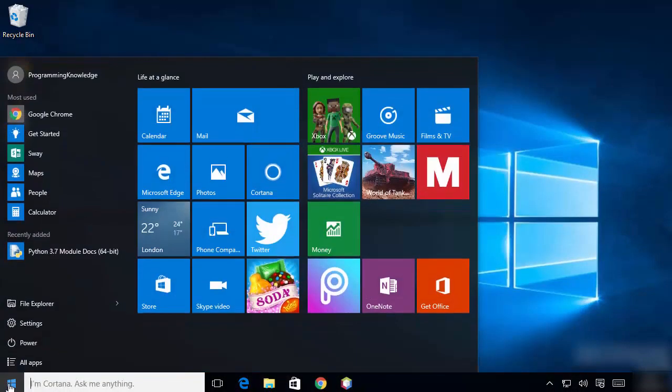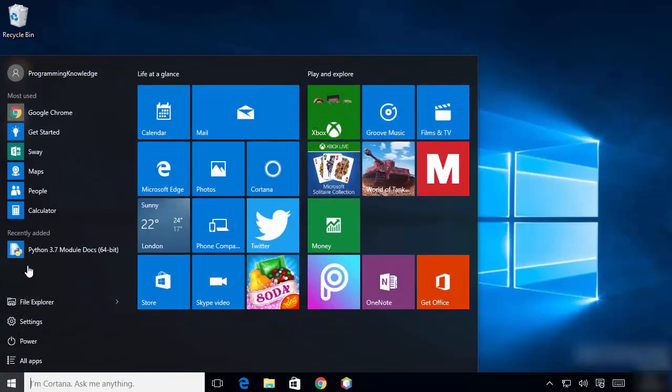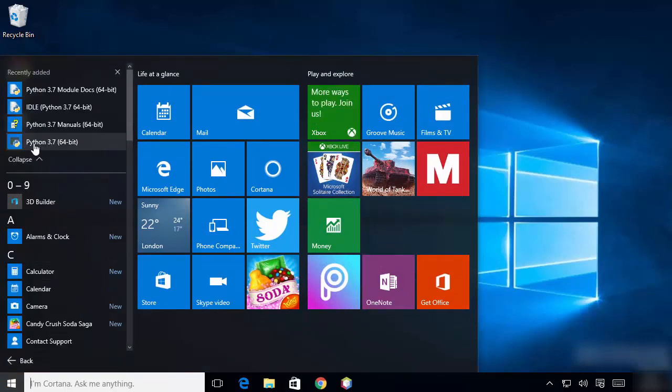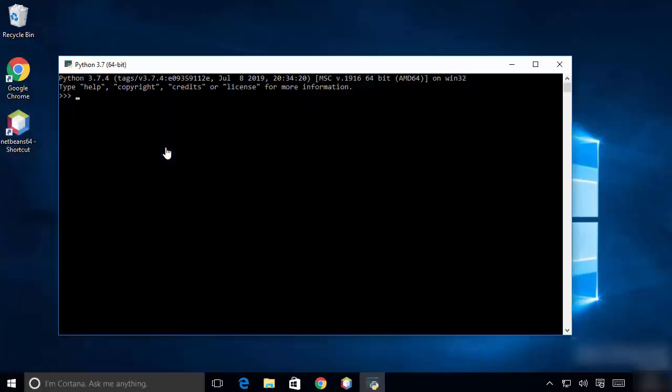Also, we are going to see the Python command prompt. So once again, go to all apps and then click on this icon which says Python 3.7 64-bit, which is a Python command line. And here also you can just print hello world. So I'm going to just say print hello world and then press enter, and it prints hello world. So you can also use this Python command prompt to just quickly check whether your script is working or not.